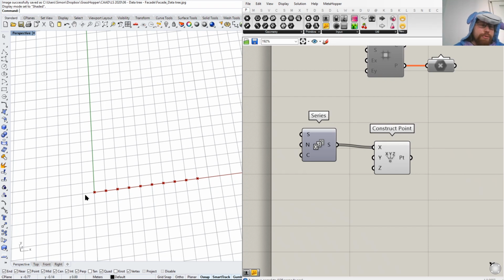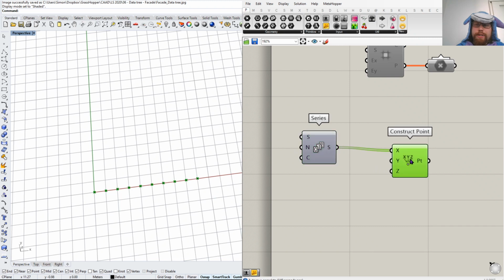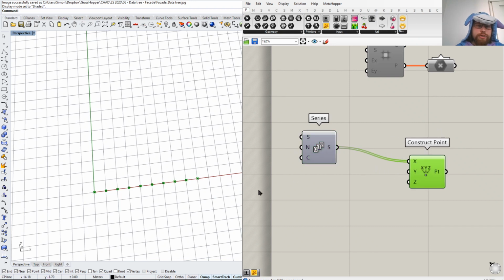So yeah, we're doing the xy plane. Over here we have some points in the x direction. That's awesome. And what happens to a lot of users is, well, let's do another series. And when I connect this to y, you always hope that there's going to be a grid, but there's no grid. It's just